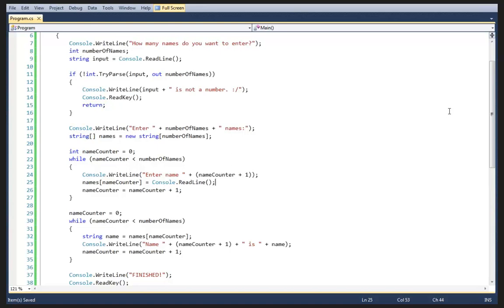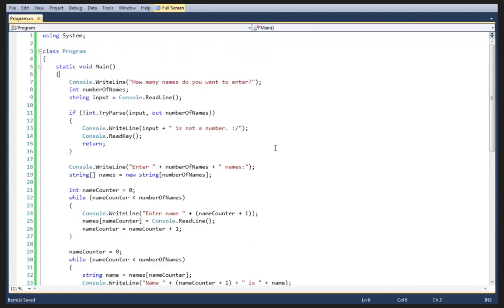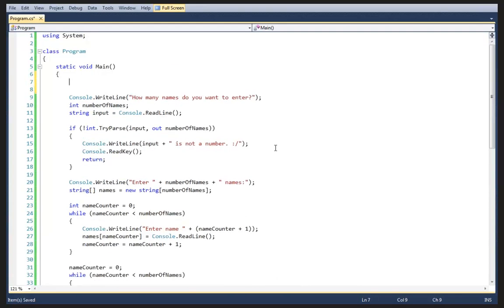So yeah, let's go ahead and talk a little bit about the homework. The homework is to write a basic bubble sort. The bubble sort algorithm is very straightforward, and it's a way to sort an array of items. The idea is that you start off with an array of, let's say, integers